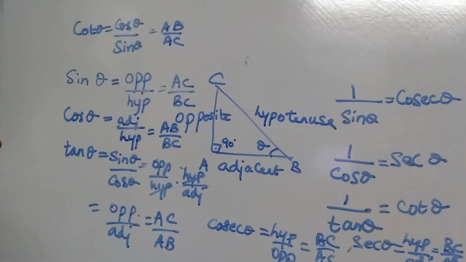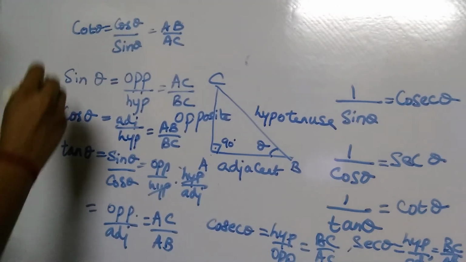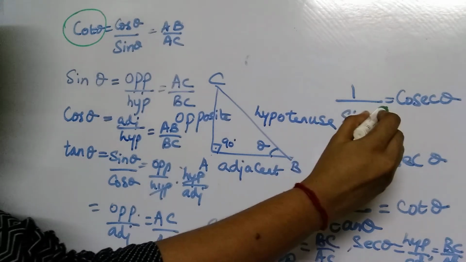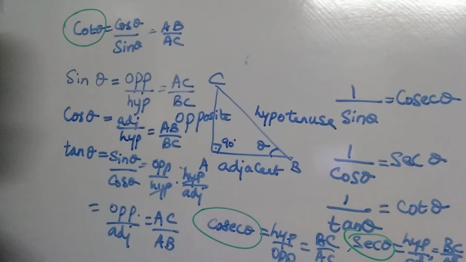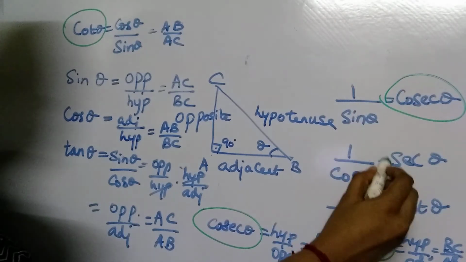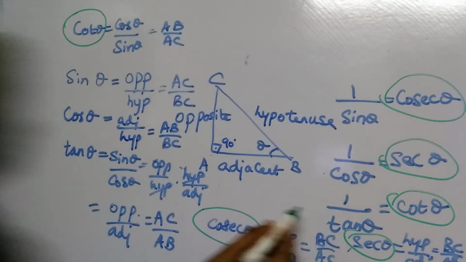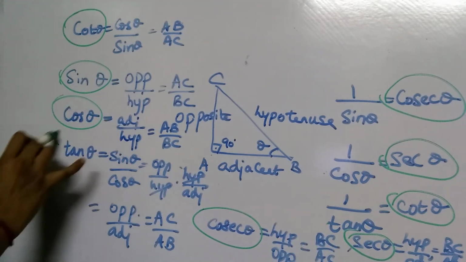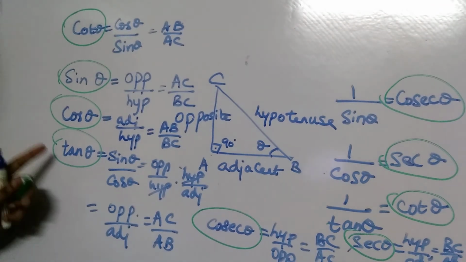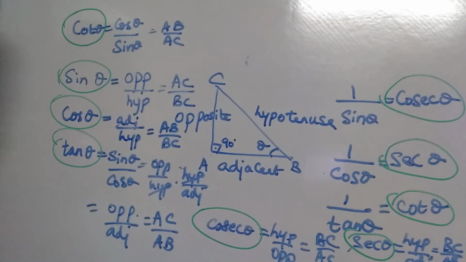So these are the 6 types of ratios which you are going to learn in this topic. Cosecant theta is the inverse of sine theta. Secant theta is the inverse of cos theta. And cot theta is the inverse of tan theta. Sine, cos, tan are the 3 main ratios. With their help only you are going to learn the remaining 3 ratios. Understand? We will see the sums regarding that and identities based on this. Accordingly, complementary angles and supplementary angles we will learn in detail.